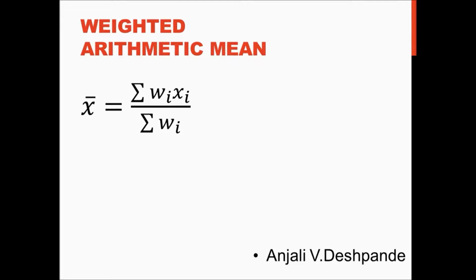Now we are seeing what is called the weighted average mean. In the case of the weighted average mean, we are making use of weights. That means each particular data point which is given to us has some weightage, some importance, and making use of those weights, we are going to calculate the arithmetic mean. So let us just see the example. This is the formula for calculating the weighted arithmetic mean.